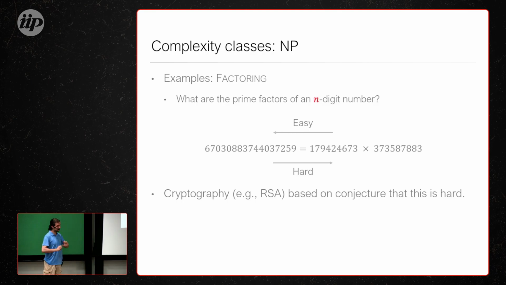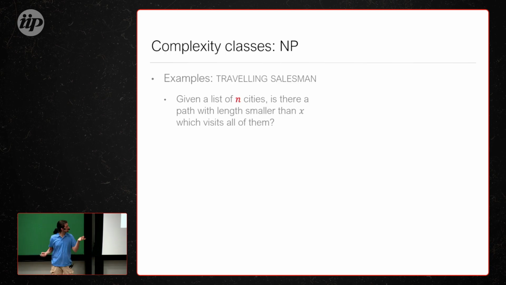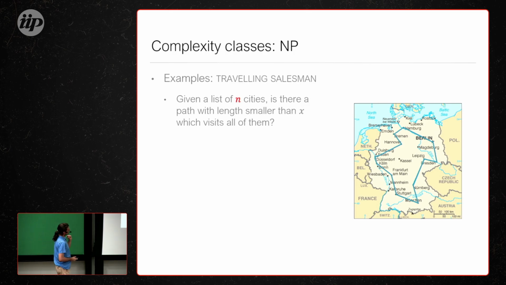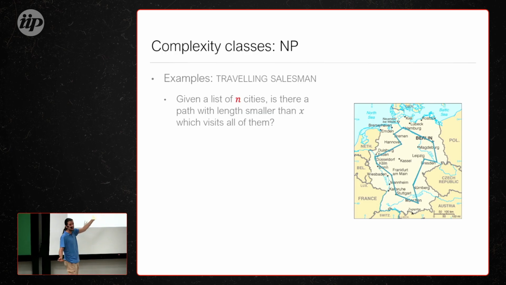Now, before I tell you why, let me give some other examples of more interesting NP problems. One is very famous, traveling salesman, right? If you have a list of n cities and the distance between them, I can ask you, is there a path with length smaller than x kilometers that visits all those cities? That's an NP problem because there might be exponentially many different paths, and maybe the only way to find a path that is sufficiently small is to try all of them. And there are exponentially many of them. So it might be super hard to solve. But if I give you a path and say, look, this path has less than x kilometers and visits all those cities, you can check that very easily.